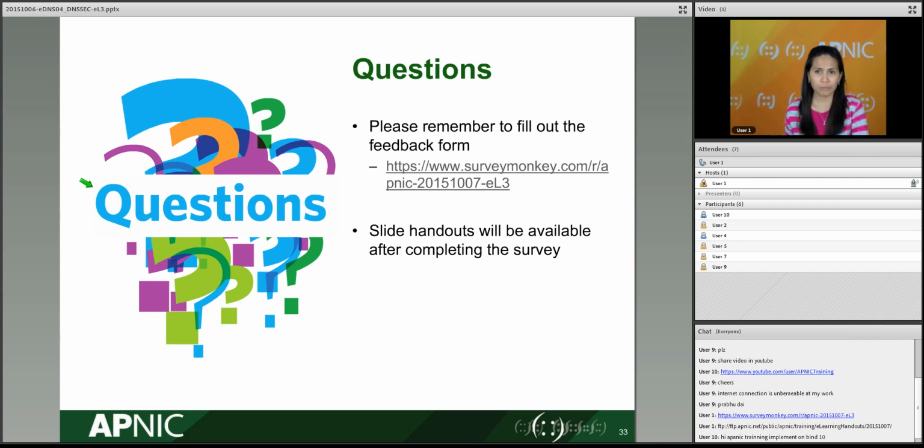APNIC training implemented on BIND 10. BIND 10 is no longer being supported by